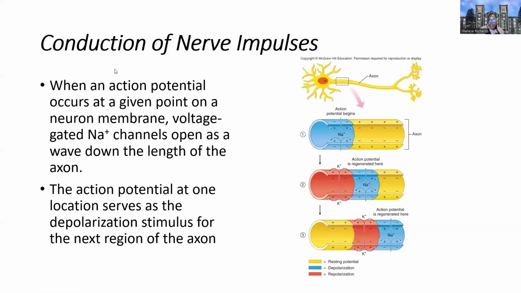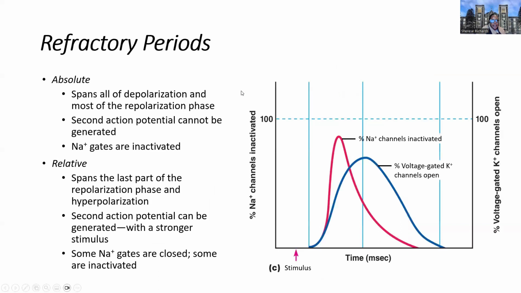The action potential is really going to be beginning where we have the concentration of sodium channels, the voltage-gated sodium channels. And if we have myelin along the length of the axon, then the axon is going to propagate the action potential, leaping from one segment to the other. We refer to that as being